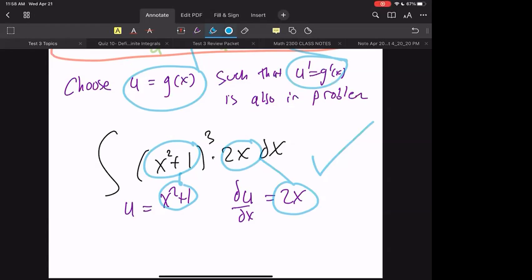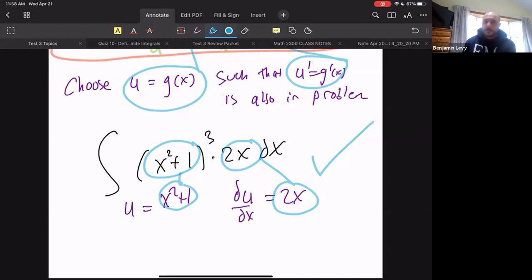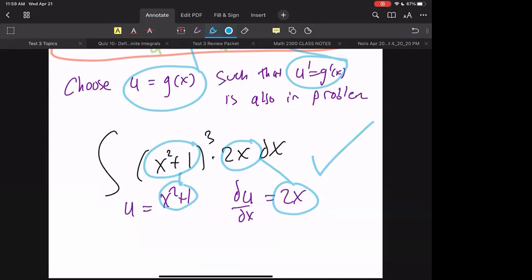Is this the overview, or is this the problem that we're about to go over? We can finish this problem. I'm just trying to see if there's thoughts about what I said so far. You get how to choose u? Yeah, it has to be something else that's in the problem. So make sure you pick a good one.